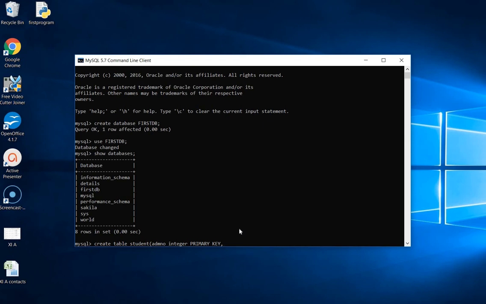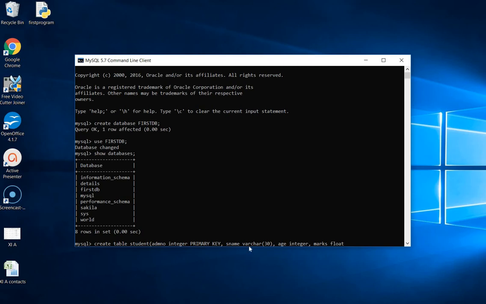So right now, after admission number comes student name, for which I will determine the data type as varchar. You know, for storing characters we take the data type as varchar, and the maximum size of the name I would like is up to 30 characters. So we mention in the parenthesis 30, comma. The next field is, assume I am going to maintain age also of the student, and then marks also. In the case of marks, if I am going to enter real numbers, then I will take the data type as float. These are the fields I want to maintain in the table student.